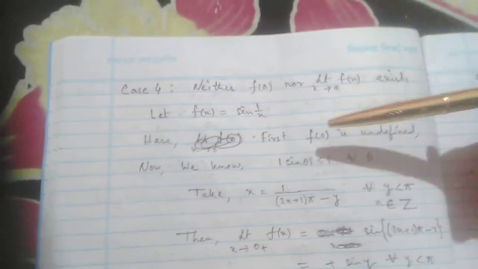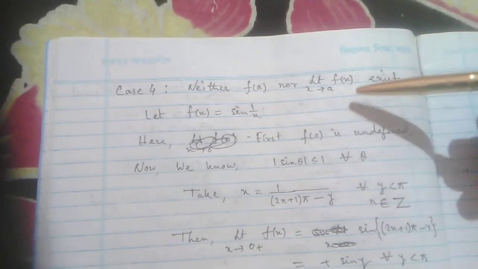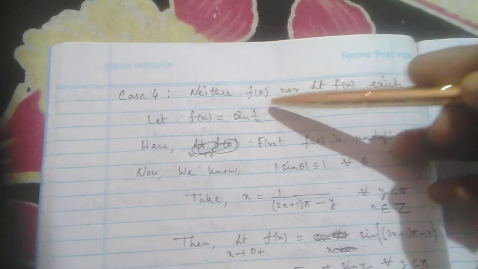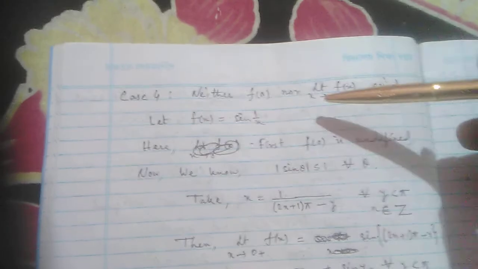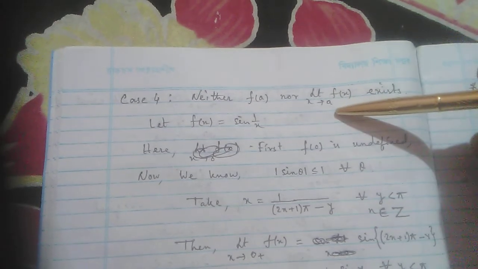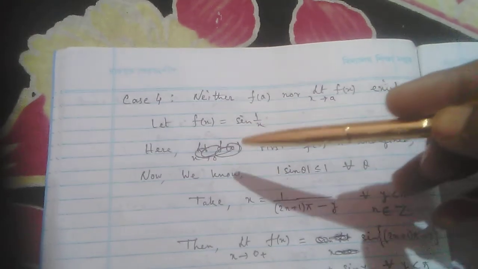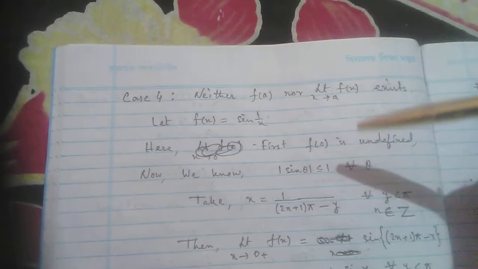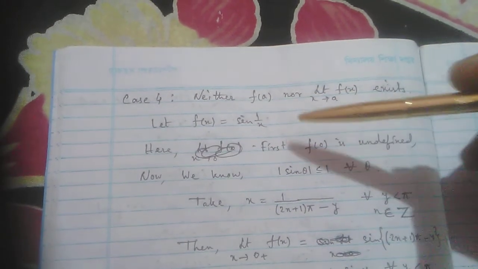What can it be? Neither f(a) nor the limit of f(x) as x tends to a exists; neither f(a) exists nor the limit of f(x) at the point a exists. Let's take an example, f(x) is equal to sin(1/x). Here it is clear that f(0)